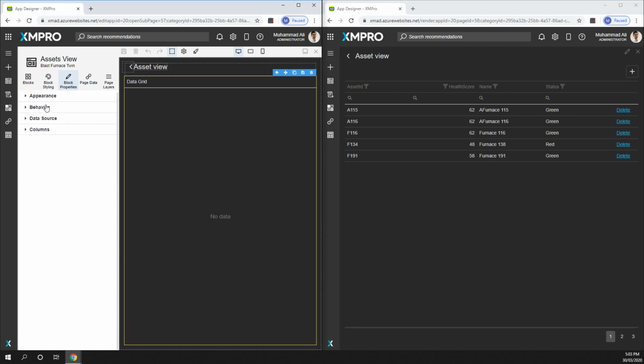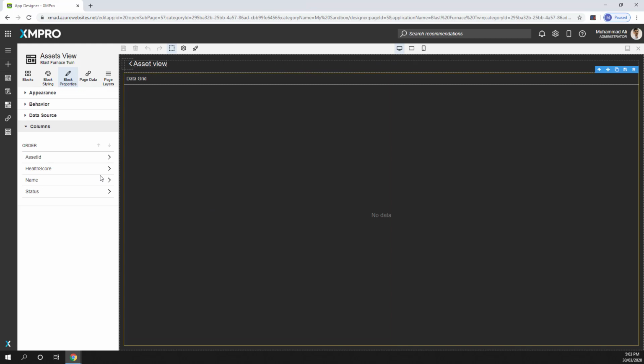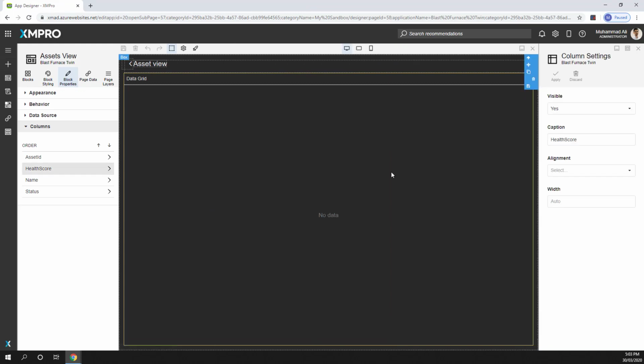Now let's move on from behavior and into the column section at the end. This section basically displays a list of columns that are being sent to you from your data source. And you can choose a certain column. I'll maximize my screen for that. You can choose a certain column, and then you have a few options per column, like should the column be visible or not,